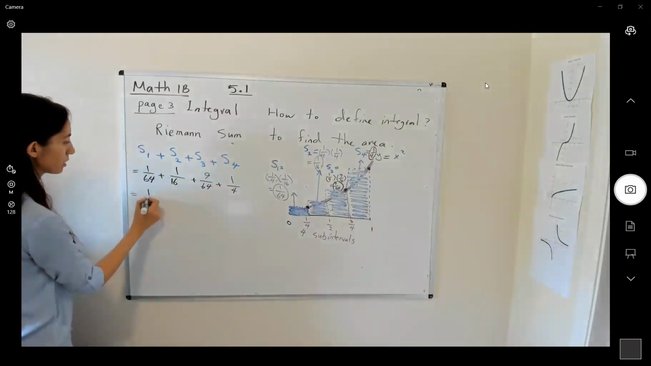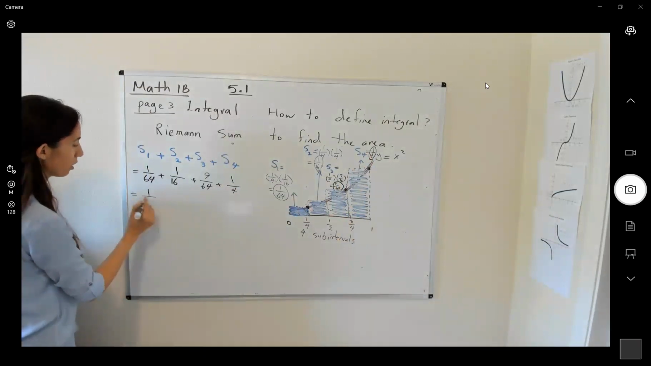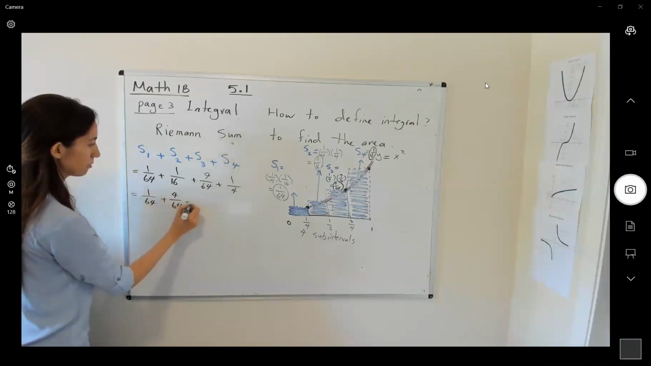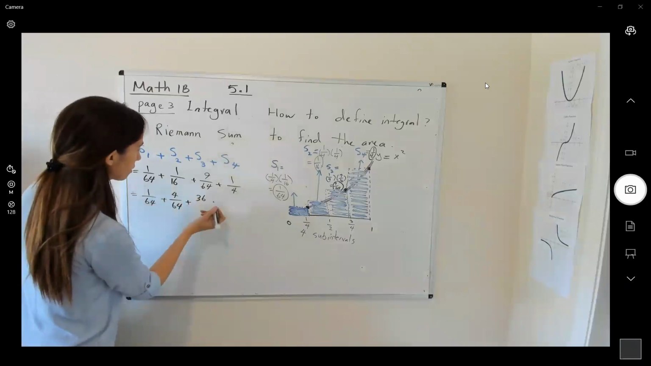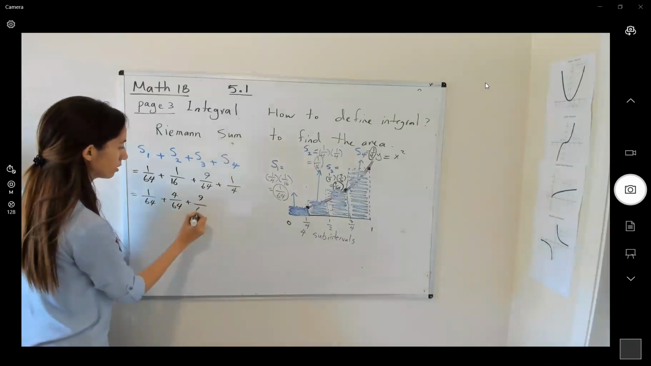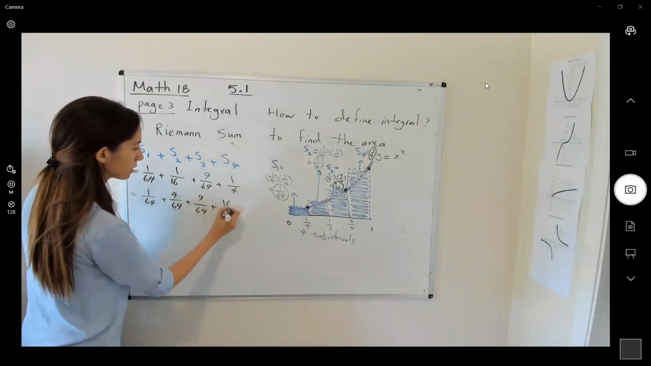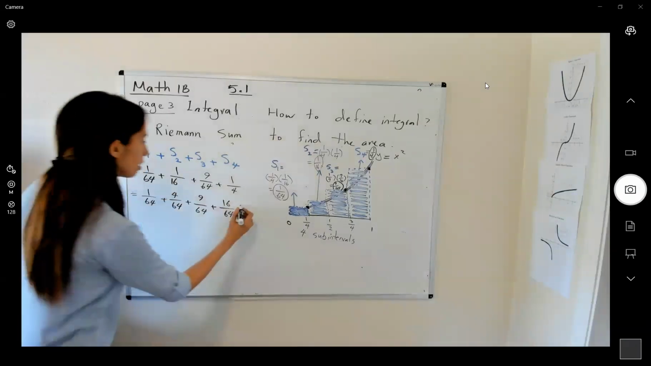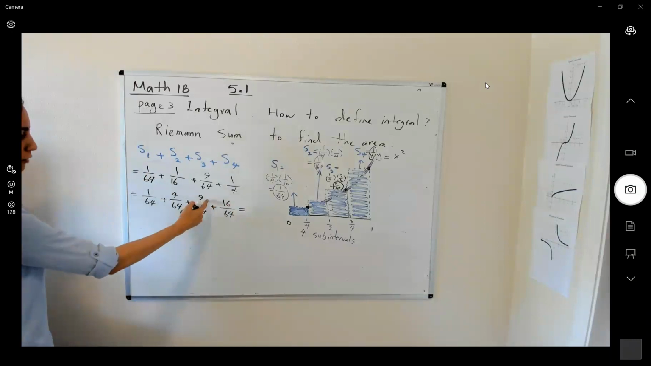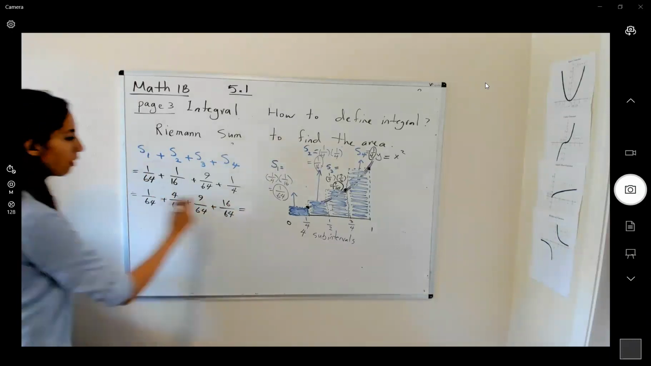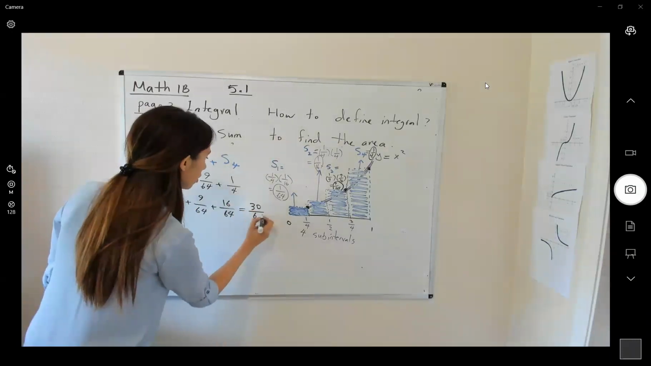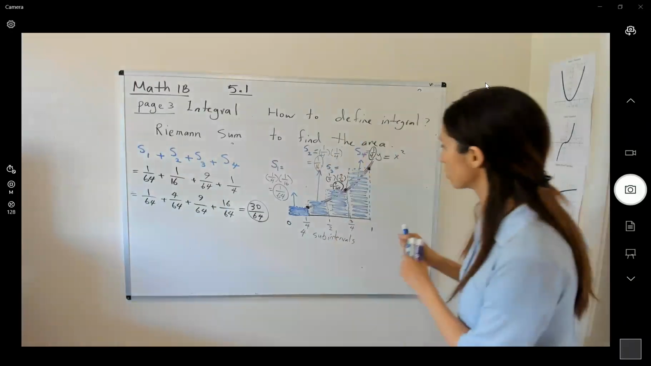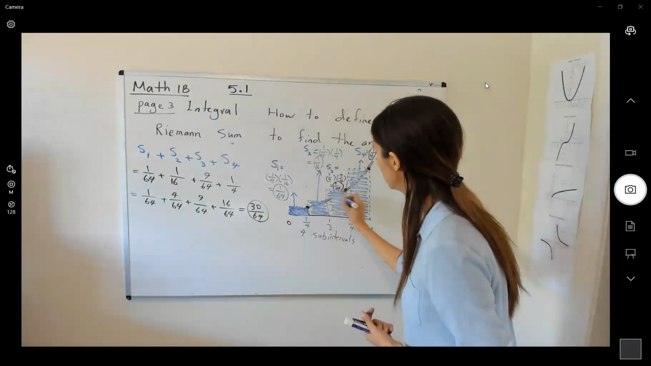So this is 1 over 64 plus 4 over 64 plus 36 over 64, which is 9 over 16, and finally I have 16 over 64. So if I add all of these together, I get 1 plus 4 plus 9 plus 16, which is 30, divided by 64. So this is the area of the sum of all of these